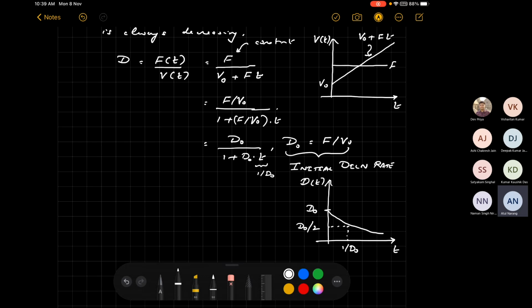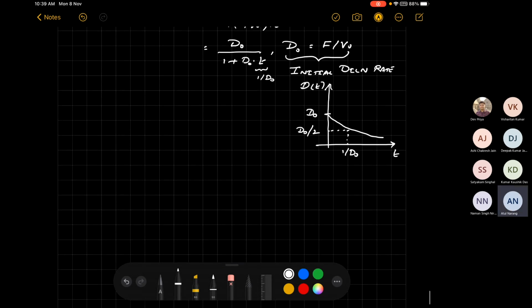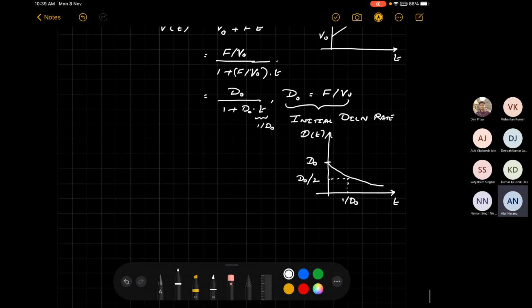So D0 is a measure of the speed with which it is coming down as a function of time. But clearly, D is dropping from D0 continuously as time progresses. And physically, the meaning is obvious. Now, the next question we ask is, well, what does this mean? It turns out that if the rate of change of the dilution rate is small, right? So now we are going from the value of D as a function of time to the rate of change, then yeah, we can assume